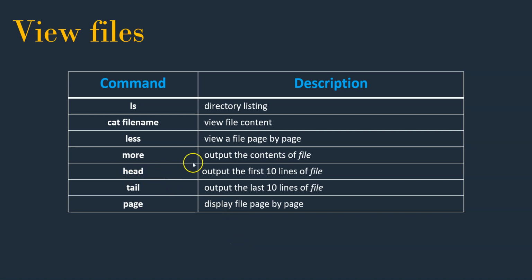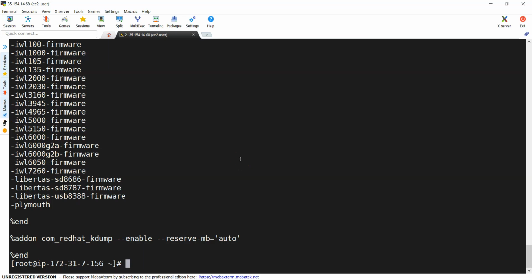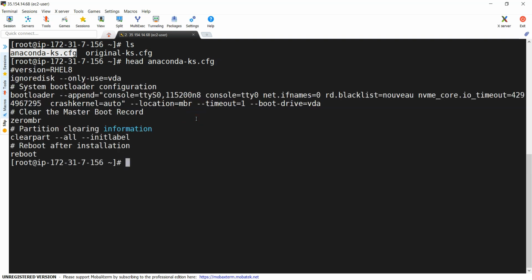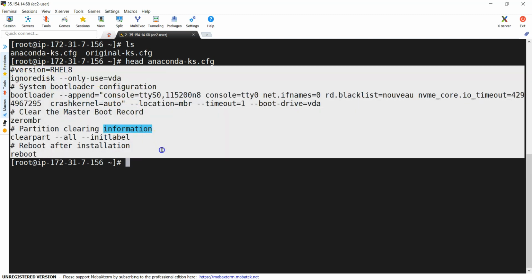Next thing, head. If you would like to know only what content is available, and you don't want to read the entire file, in that case you can use the head or tail command. So head will display the first 10 lines of your file. So I'm giving the same file to head, and if you count these lines, you will find 10 lines.